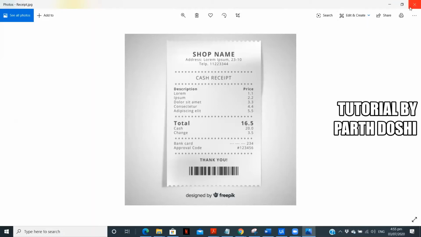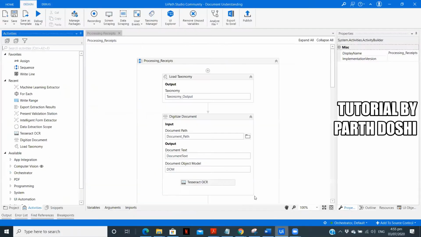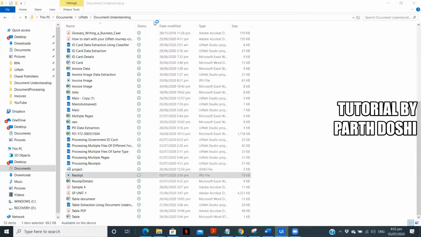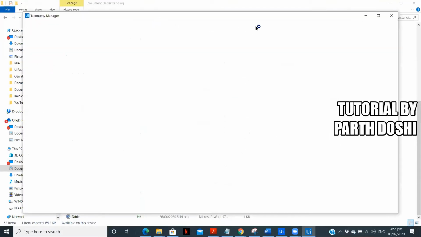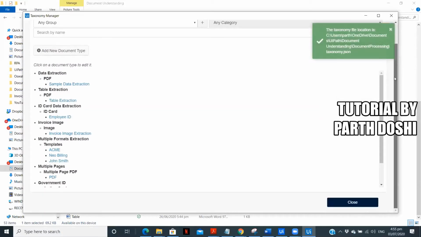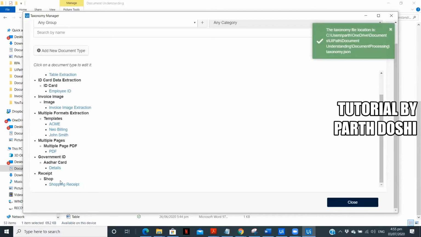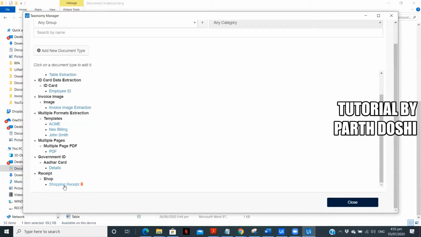In this particular video, the first initial step is loading the taxonomy. So let's do that. Here I'm clicking on taxonomy manager. I've already created the taxonomy for it. You can click here and add any group name.